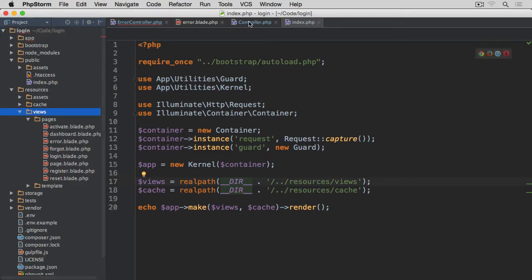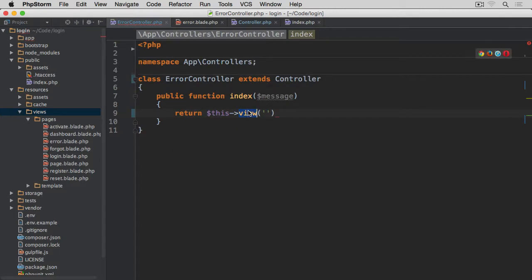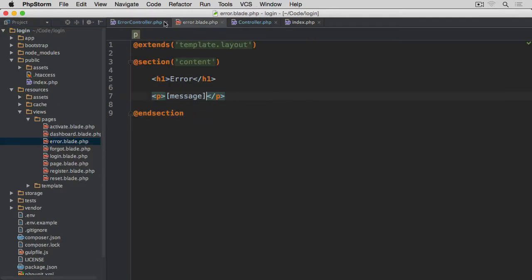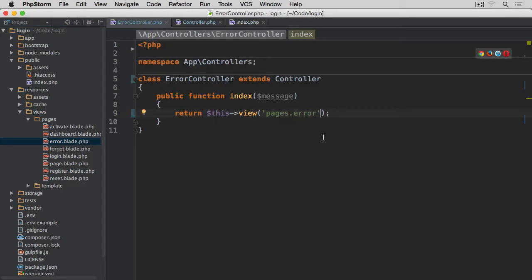So this instance at this point here, this view already knows that it needs to fetch files from this views directory. So what we need to do now here to indicate which file we want to fetch is just add pages and then arrow. We don't need to add .blade to it. It will automatically append it, so don't worry about this. I'm just putting a semicolon at the end here. So this view is going to be fetched and returned,